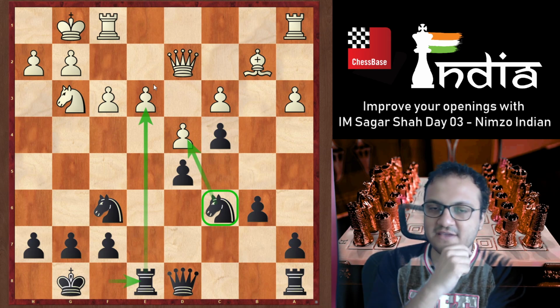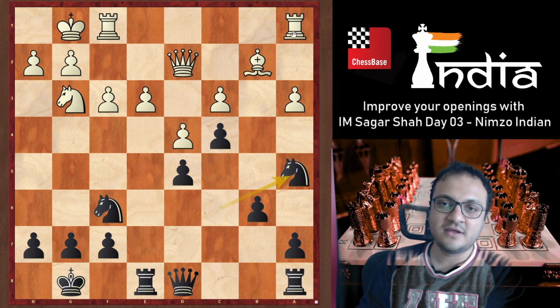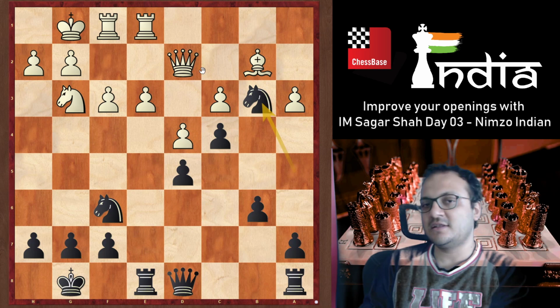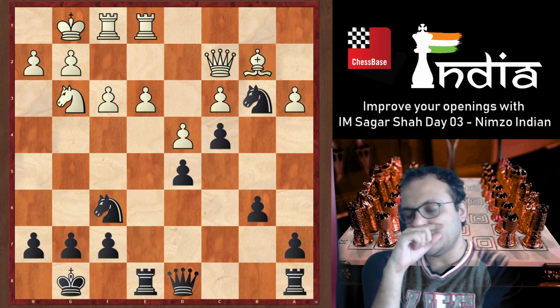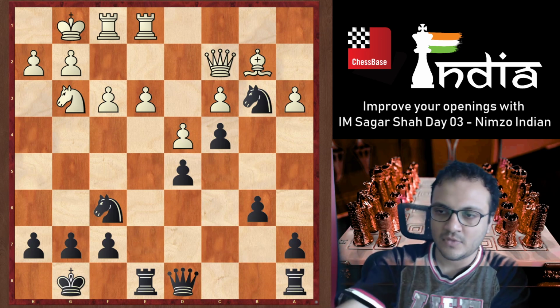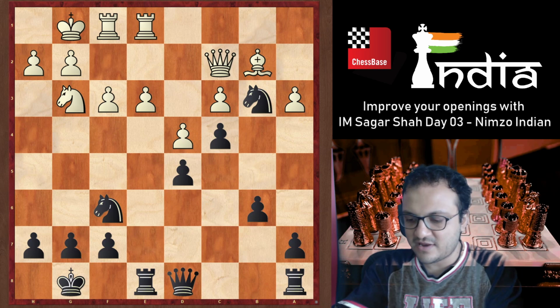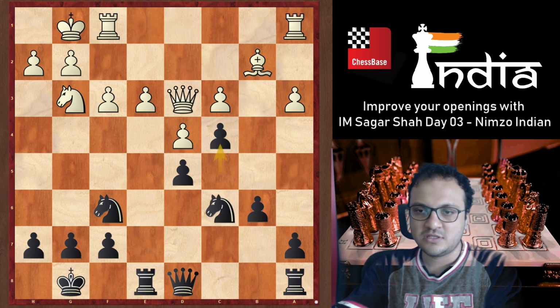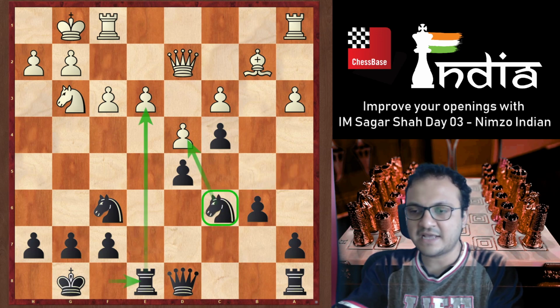Not knight a5. Knight a5 would be like playing like Botvinnik, like Capablanca. You play here, I come here, then you attack, and then I move my queen, and then next move I go e4, and then you are in trouble. There's a more powerful move in this position. Let me see if anybody can find it. It's actually this position after queen d2, black's move here.